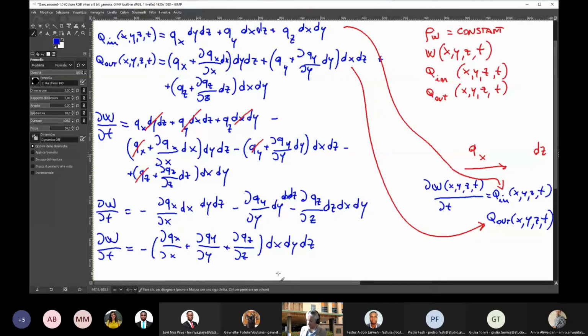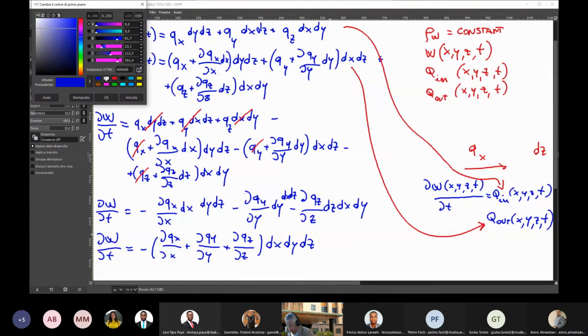Okay, this is a compact form to write this equation. Okay, so far so good. Now we have to introduce a definition. So let's just keep this equation in mind, and